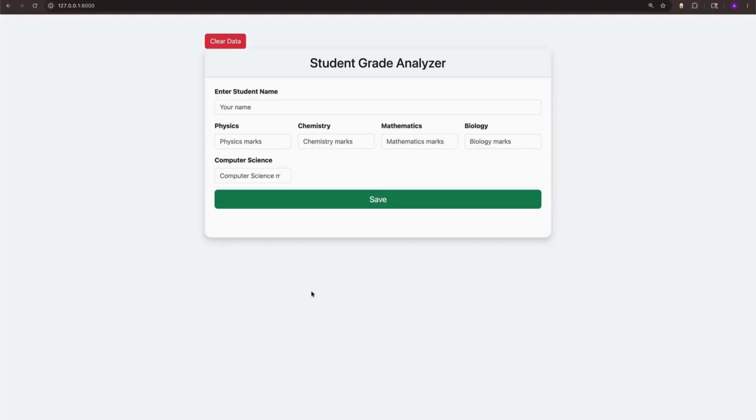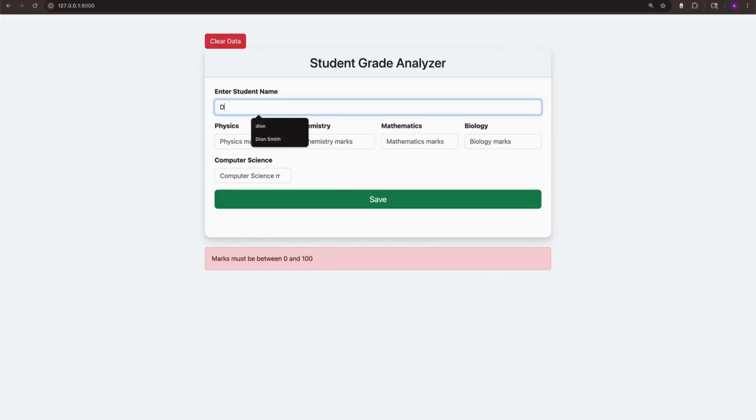So if I enter some data into it, I'll just put in my name with a space as well, and say I put in 3 digits, which is invalid, right? And like that, click save. Marks must be between 0 to 100, so it definitely must have passed through that decorator. Now say I enter the correct name and all the correct marks